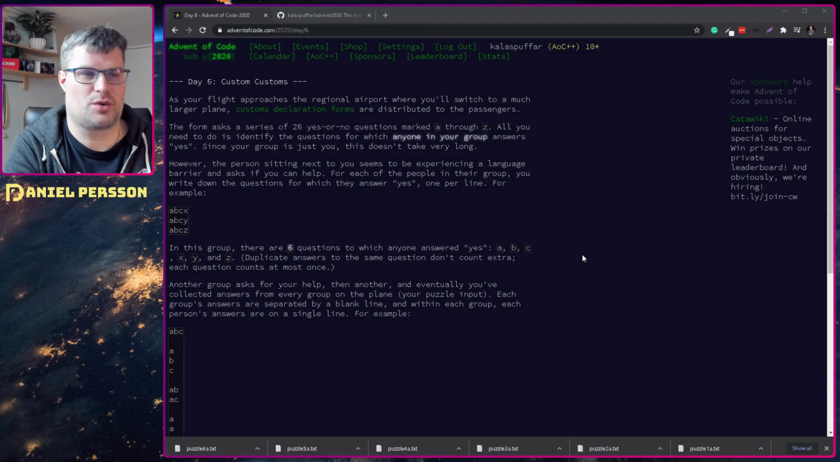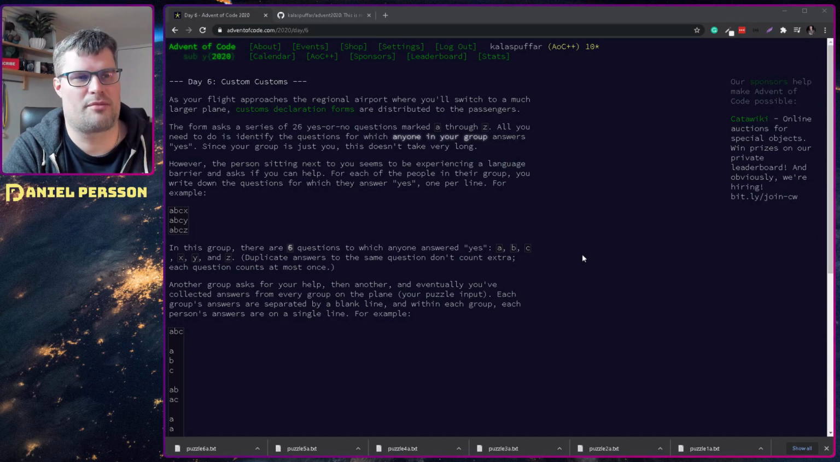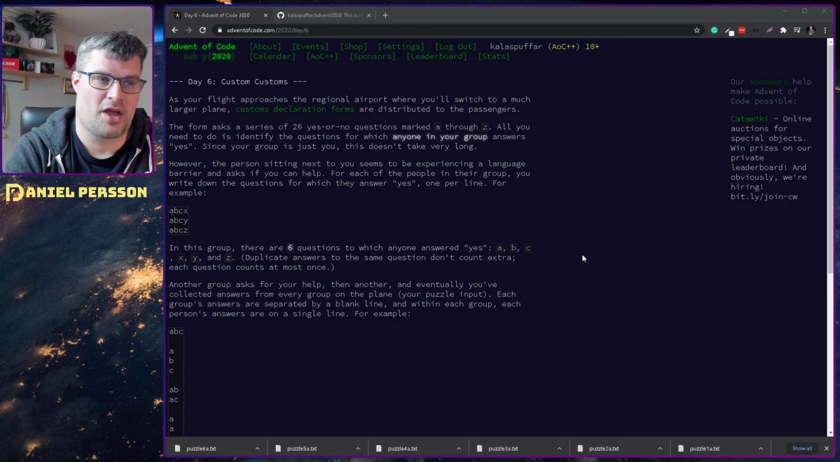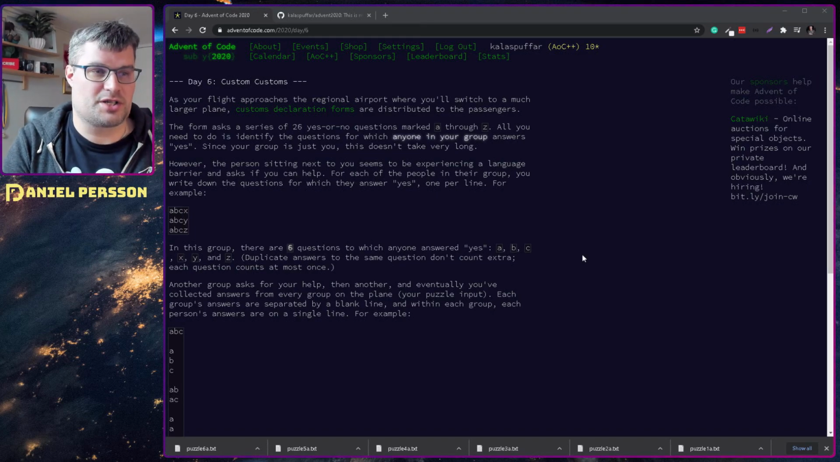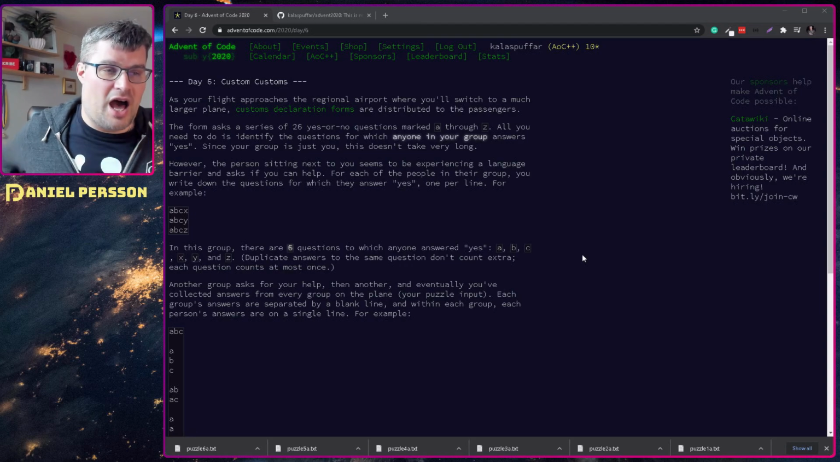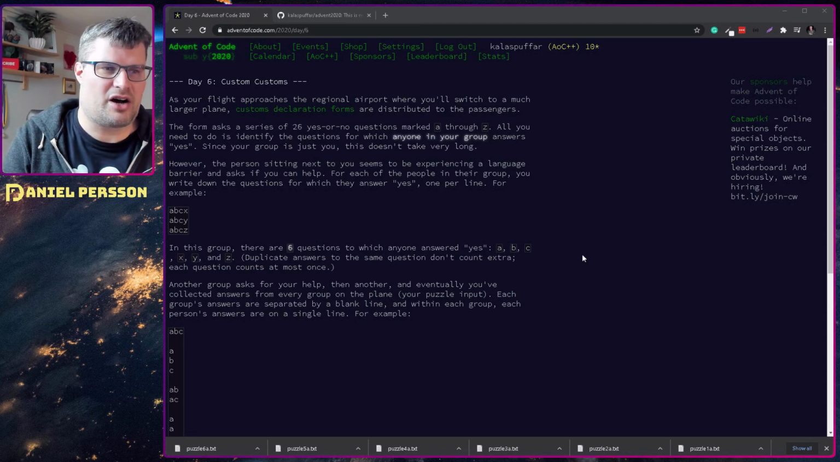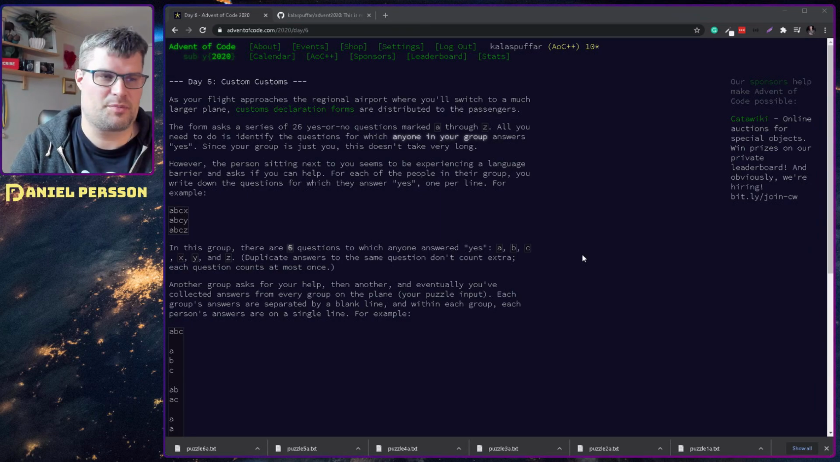As your flight approaches the regional airport, you switch to a much larger plane. Customs declaration forms are distributed to all passengers, and the form asks a series of 26 yes or no questions marked A to Z. All you need to do is identify the questions for which everyone in your group answers yes. Since your group is just you, it doesn't really take very long. However, the person sitting next to you seems to be experiencing a language barrier and asks you if you can help. For each of the people in their group, they write down the questions which they answered yes, one